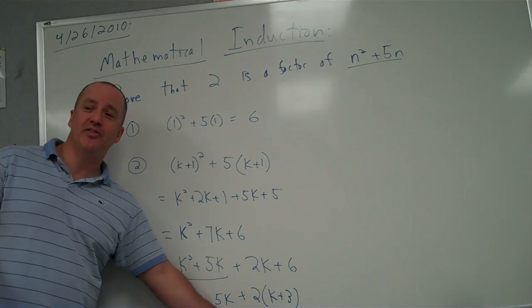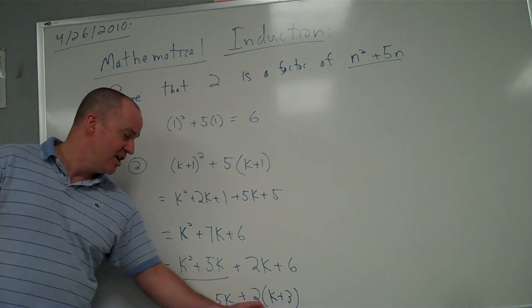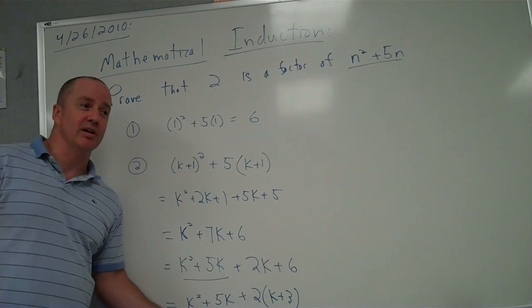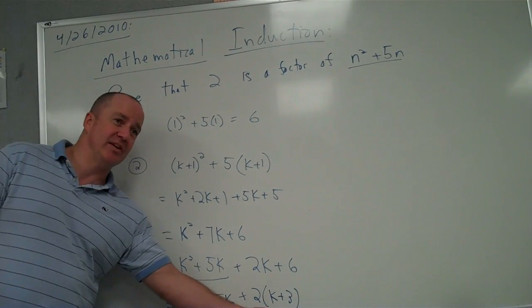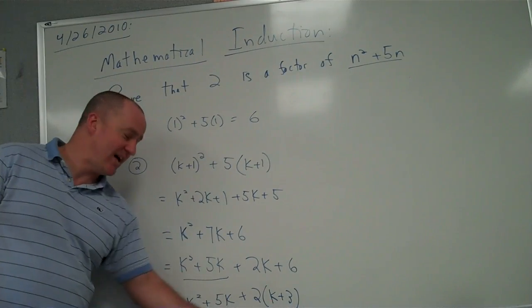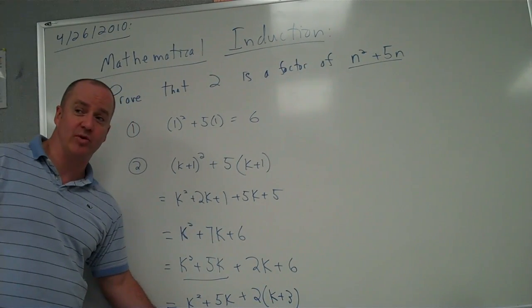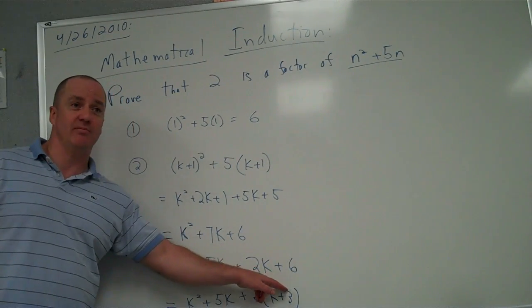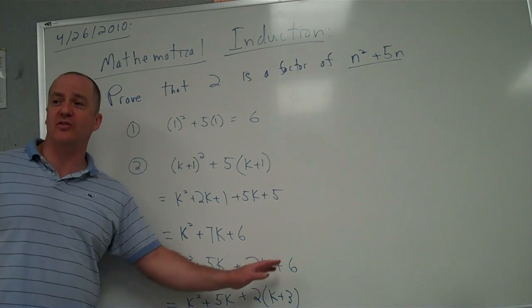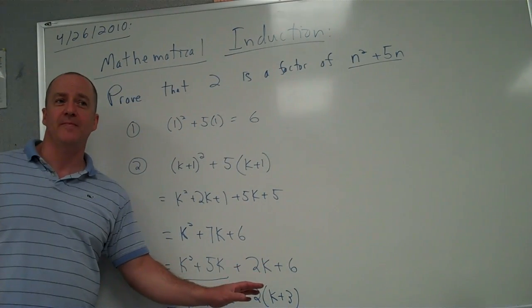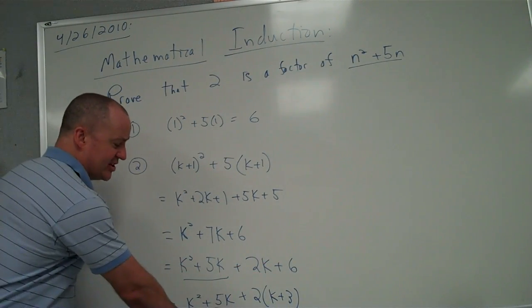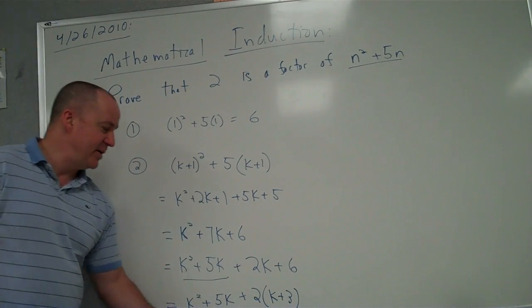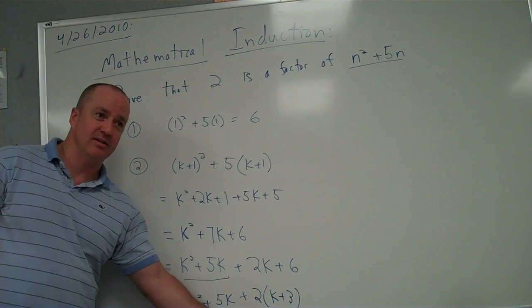Okay? So we know that this is going to give us an even number, which means our next term will be an even number, to which we will add another even number. And the result of that will be an even number, which will follow this formula, to which we will add another even number. Is there any way continuing to follow this process can get us an odd number? No. No, since we know this starts out even, and then we know we're adding something even to it, and remember,